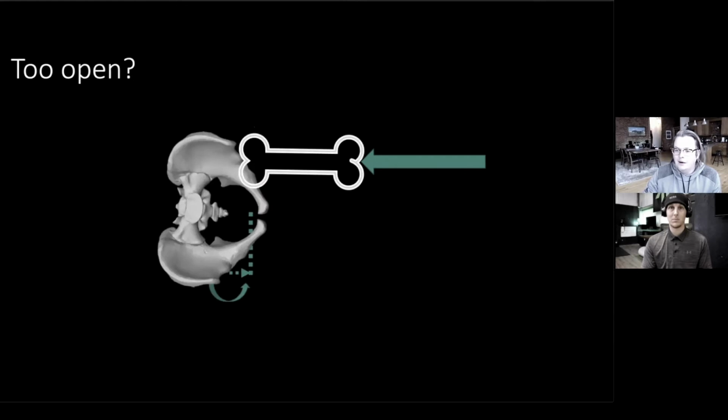Now, counter to that, if you're too open, what you're going to see is there's not enough space. And we were talking about this before. Pitching is about creating space and then rapidly closing that space in the proper time. So if you're too open into foot plant, this is what you're going to see. You're not able to transfer that energy very effectively. You can see this curved line here is the amount of space we have to rotate, and there just